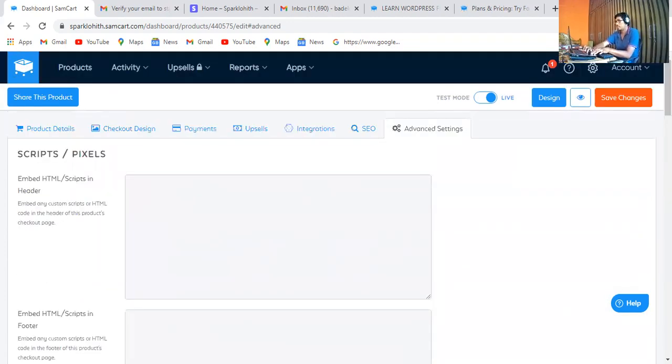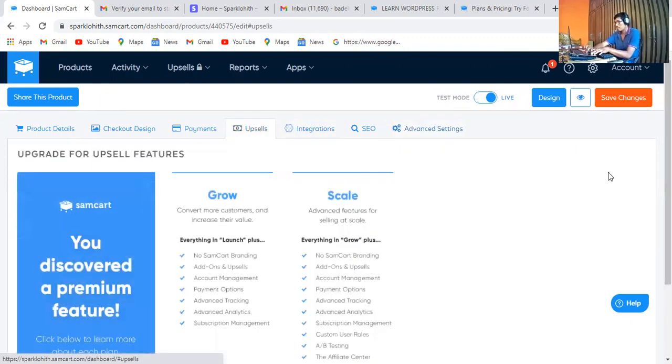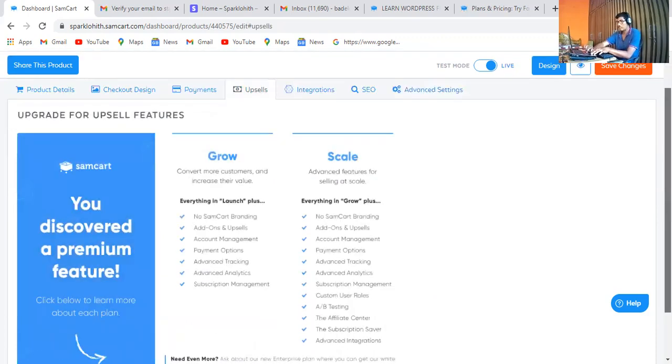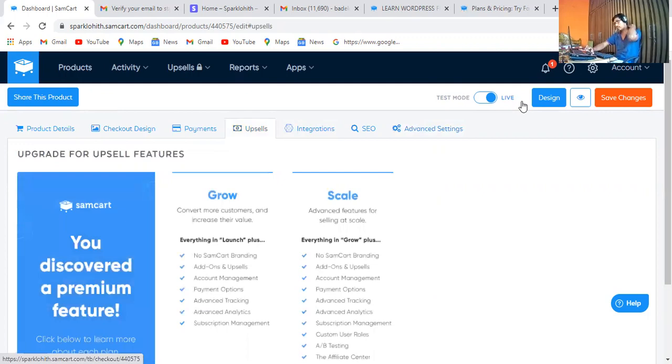See here, all of you. There is nothing to fill in the options only. So that's right. And after that, finally you have to click on the save button.